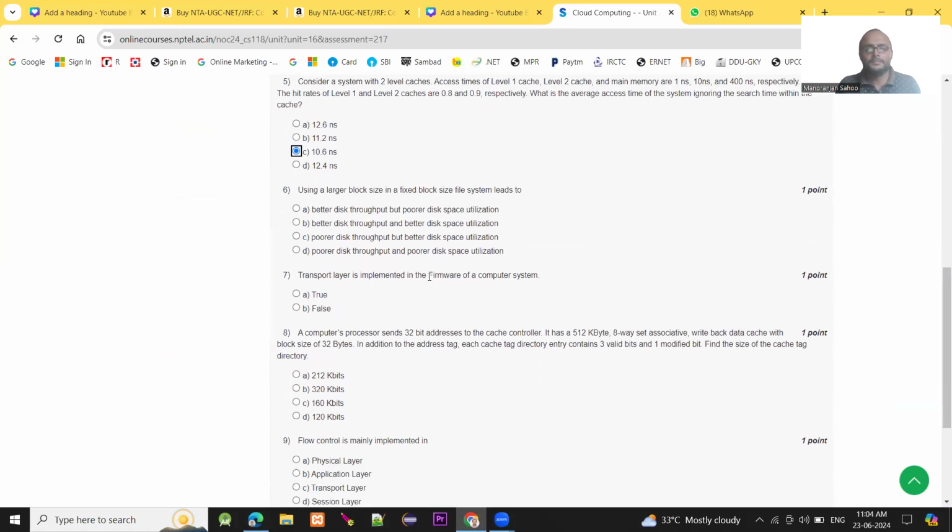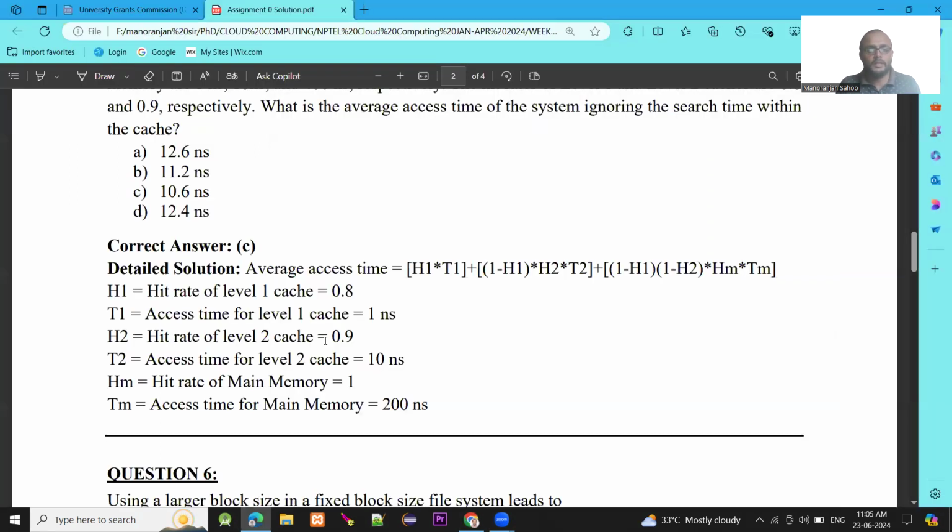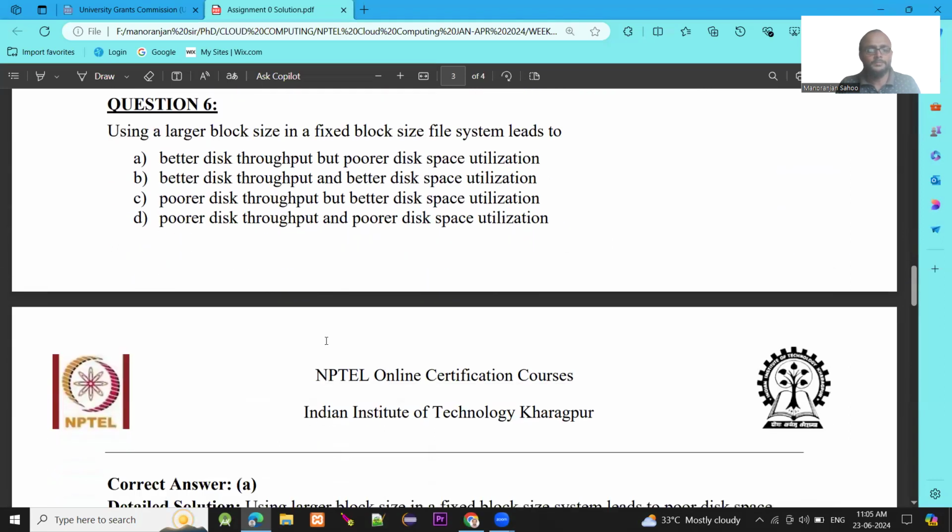Using a larger block size in a fixed block size file system leads to this: a better disk throughput but poorer disk space utilization. We'll find the answer here. Okay, because